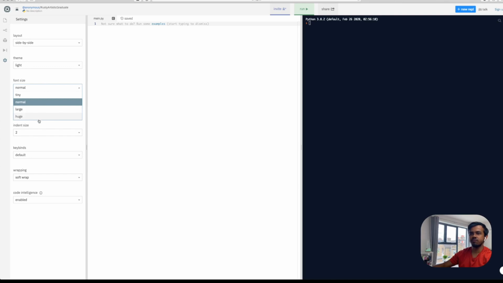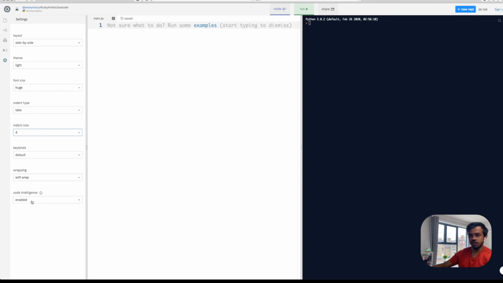So the first is I'm going to make the font size quite huge, so that way you can see it. Second thing I'm going to do is change the indent type to tabs and set the indent size to 4. This tab and indent size, ignore those for now. Don't worry about those for now. I'll explain indentation later on in another video in the series. But for now, don't worry too much about them. Just have the same settings as me for those.